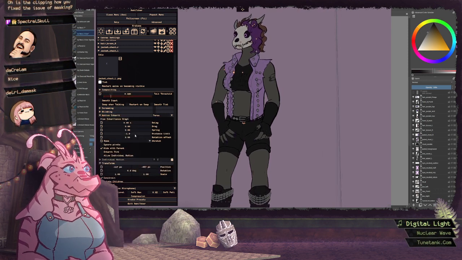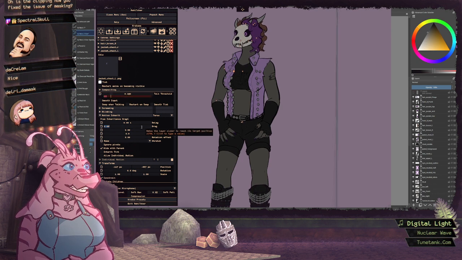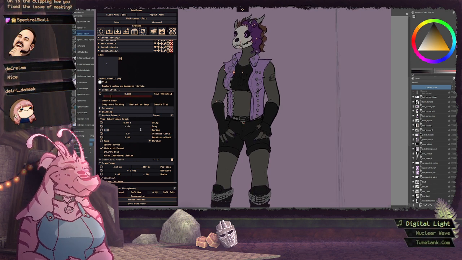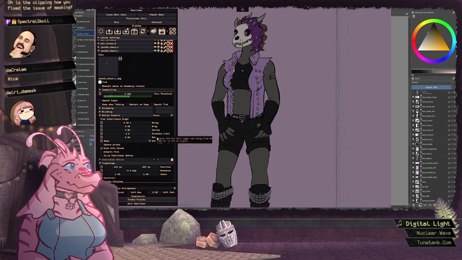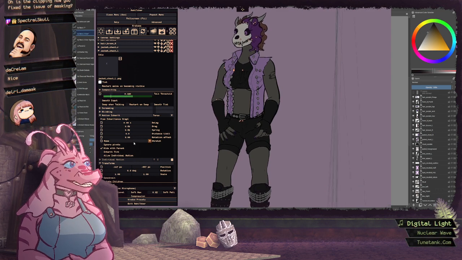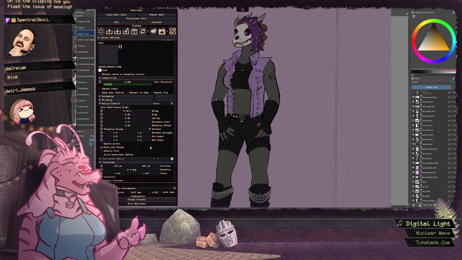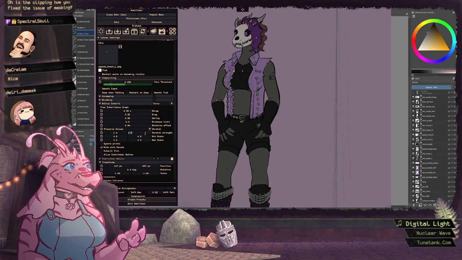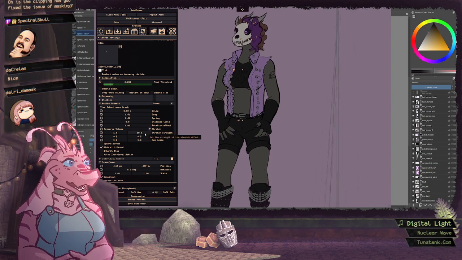So when I put the distance limit to 0, I go 0.69 on. I want exactly the same drag and spring values as the other one. I also want preserve volume, and I'm going to put this up to 10.